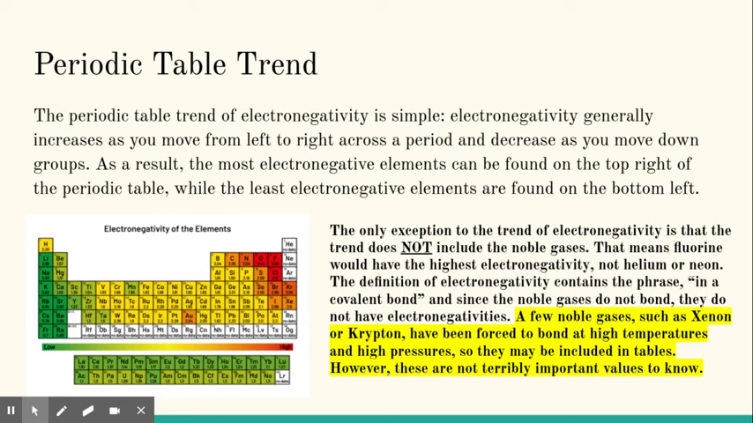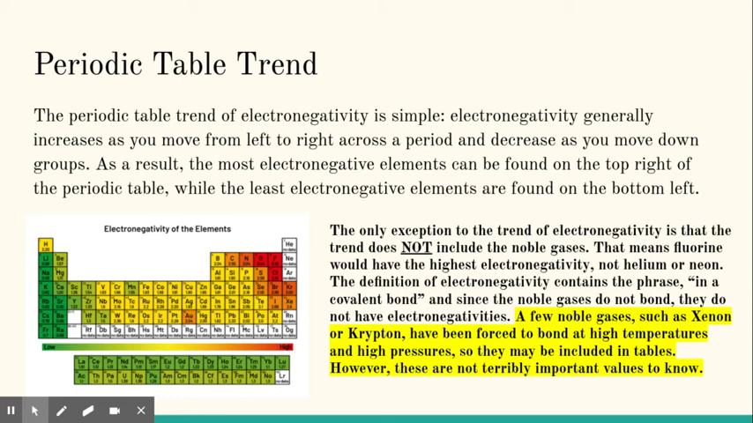The only exception to this trend of electronegativity is that the trend does not include the noble gases. That means fluorine will have the highest electronegativity, not helium or neon. The definition of electronegativity contains the phrase, in the covalent bond, and since the noble gases do not bond, they